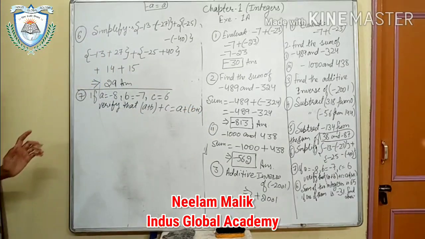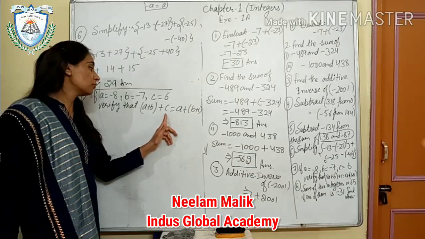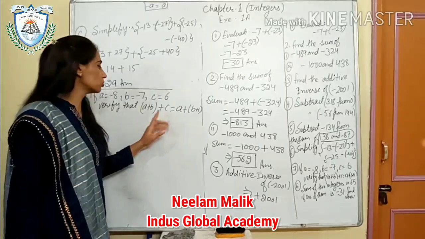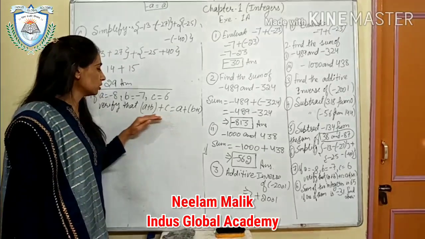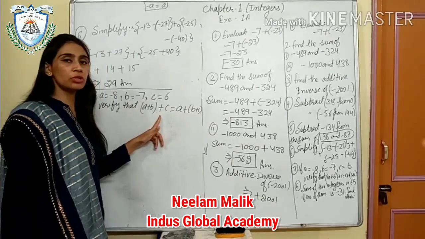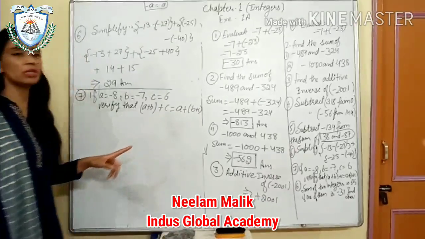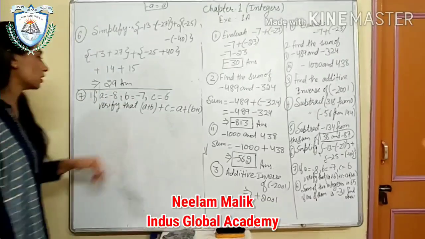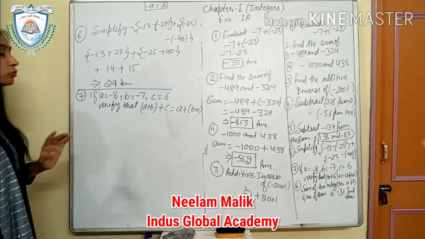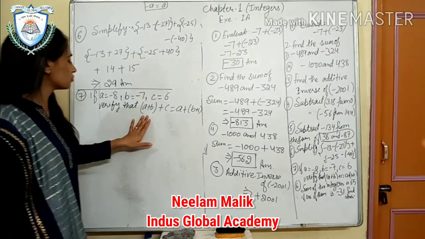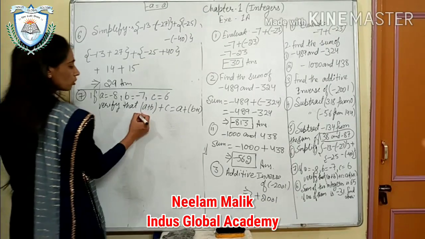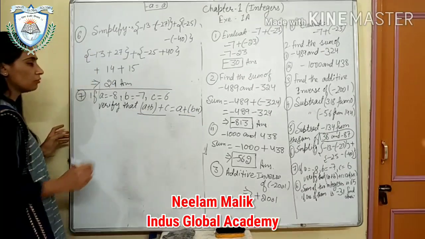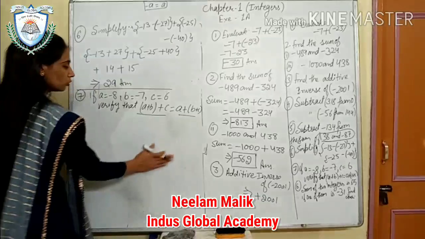I have already explained this property. When we are having 3 integers and we are doing any operation on them, here addition, we are using the associative law or associative property. So here we do not have to prove the associative property. We just have to verify whether, if we solve this equation, the two sides will be equal or not. Verify means we have to prove this.